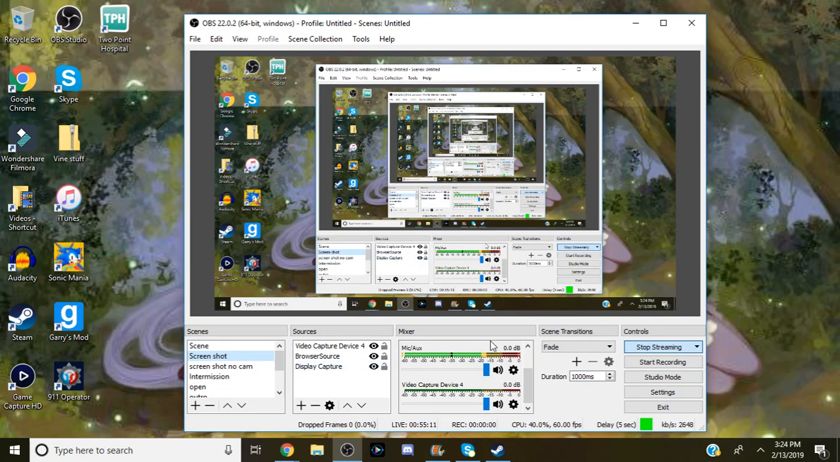OBS or XSplit for streaming. This is also a streaming program, surprisingly as well. I haven't personally experienced Game Capture HD because of some technical points that I do have to work upon. So with OBS here, if I had XSplit, I would be able to show you, but I don't have XSplit on this computer. But the reason why I chose OBS instead of XSplit is because XSplit,